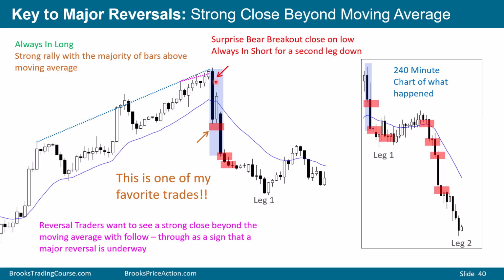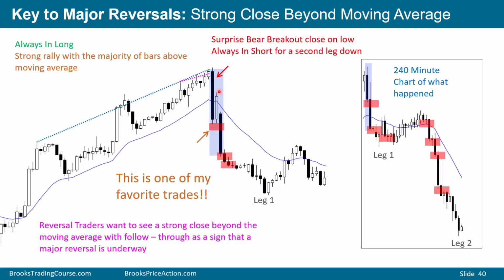Bulls buying below bars and scaling in lower, they have a problem here. And if they did buy and scale in lower, they're going to use any reversal up to sell out of longs. And that's why this bull bar here, traders sold it. So traders will sell the close, they'll sell below the bar, they'll sell on the pullback, betting that this bear bar alone is strong enough for a second leg down.